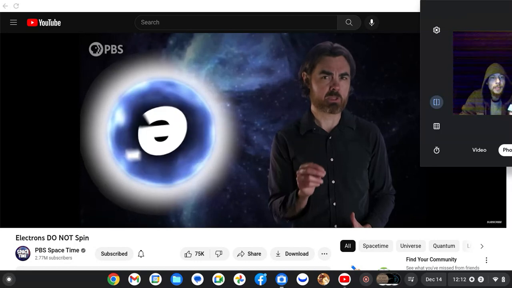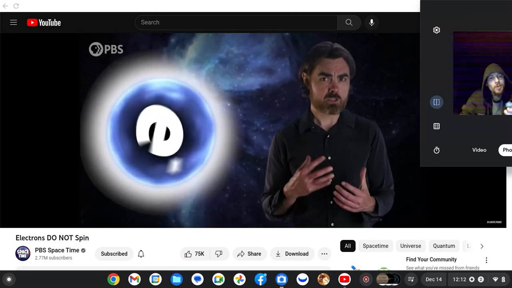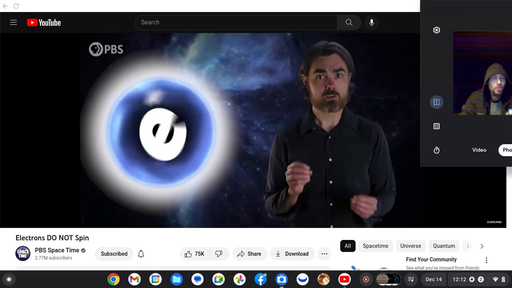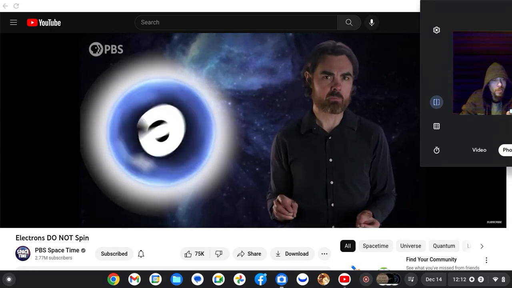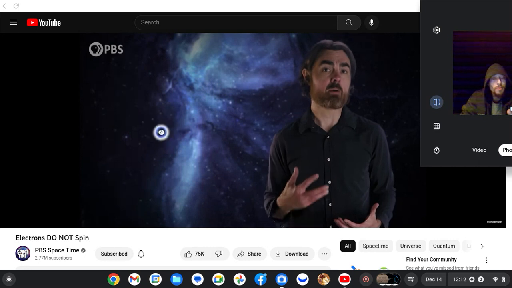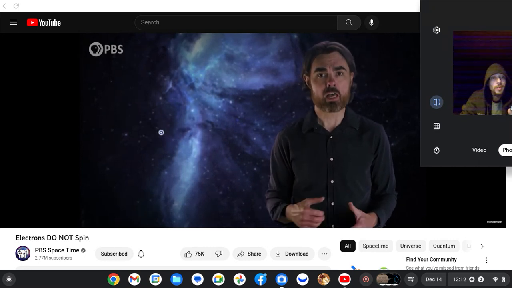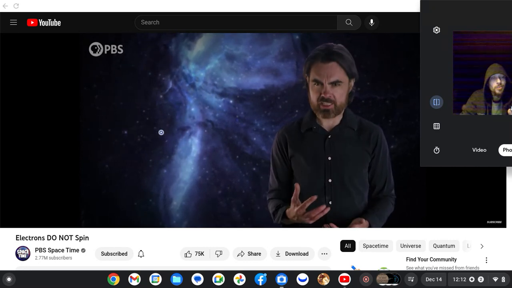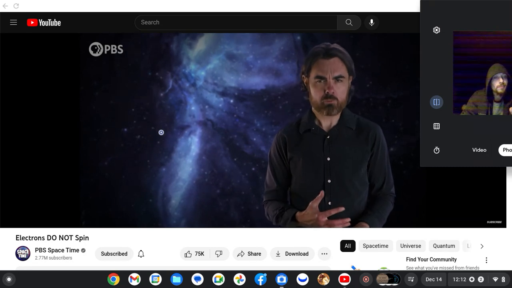then their surfaces would have to be moving faster than light to give the required angular momentum. And that's assuming the electrons even have a size. As far as we know, they are point-like. They have zero size, which would make the idea of classical angular momentum even more nonsensical.